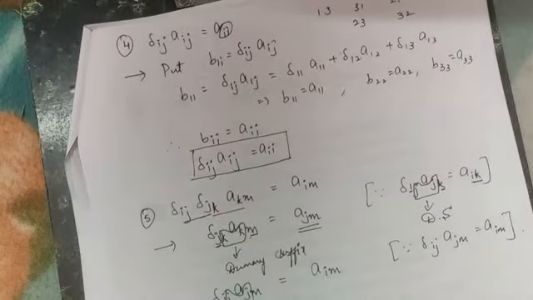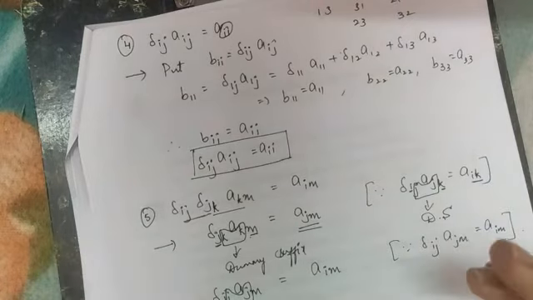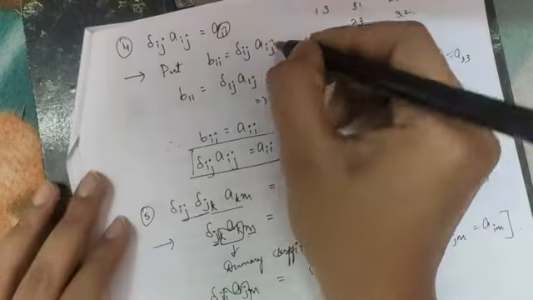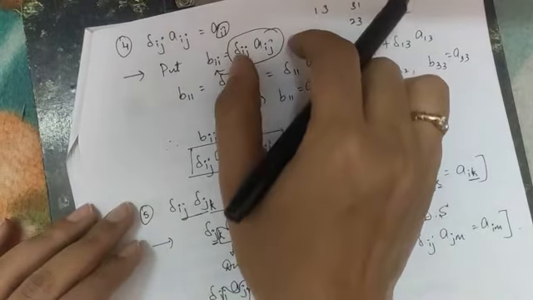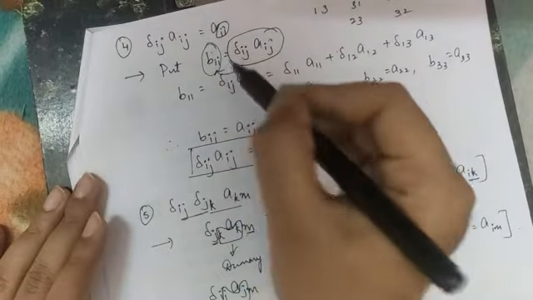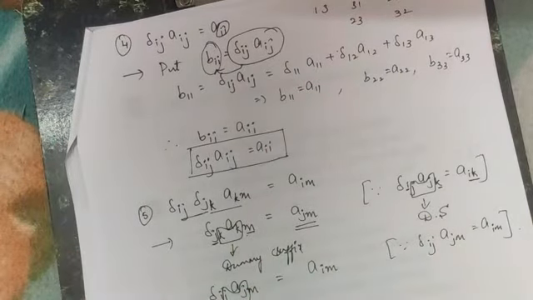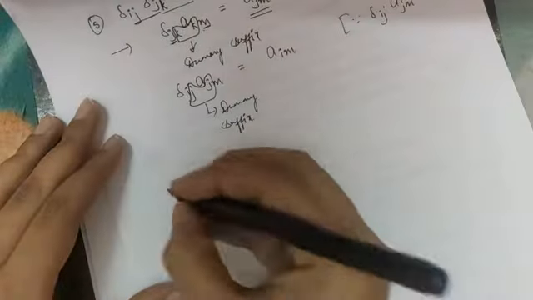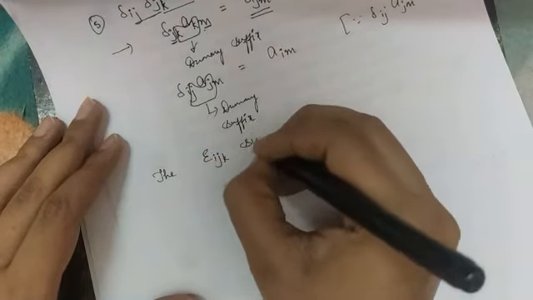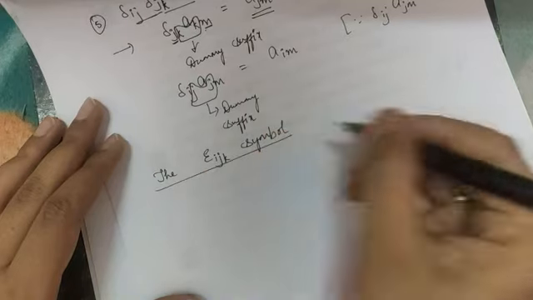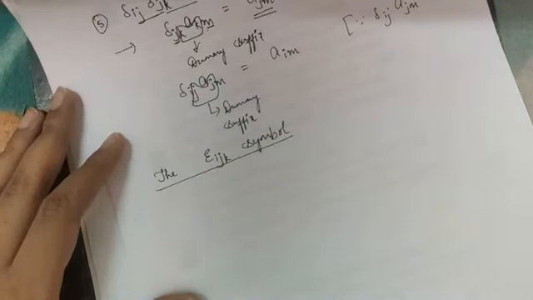Okay, so this is all about your substitution property of the delta ij symbol. You can understand one thing, since the property name itself is substitution property, in each step, in each property, we have substituted your LHS value with some other value, right? So this is how the name is substitution property of the delta ij symbol. So now let's move to the next important topic, which is nothing but the epsilon ijk symbol, which is similar to your delta ij symbol.